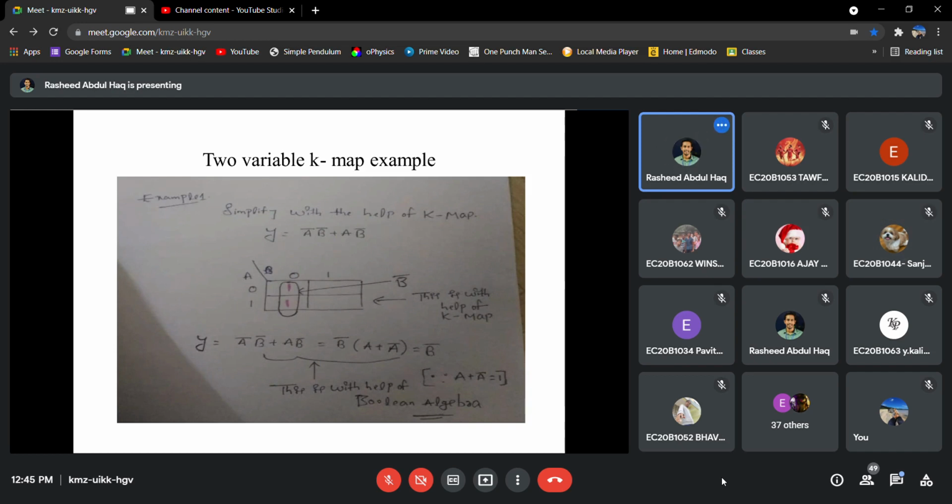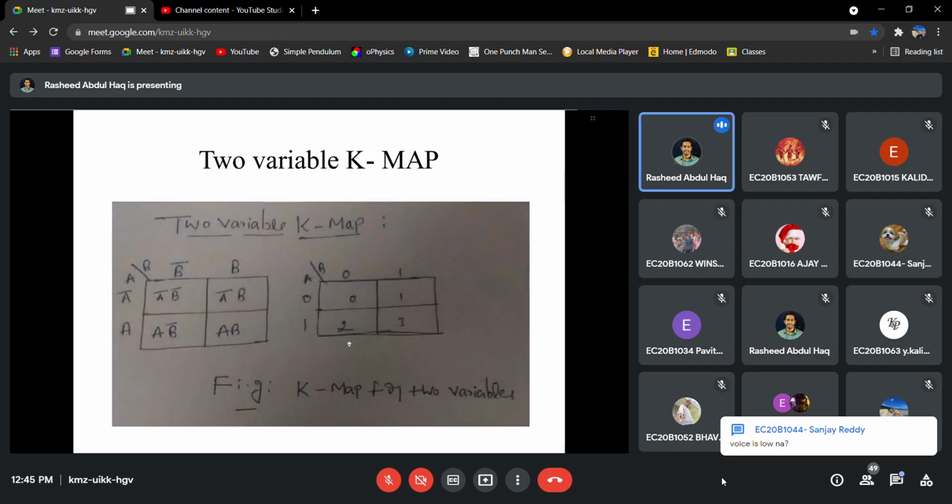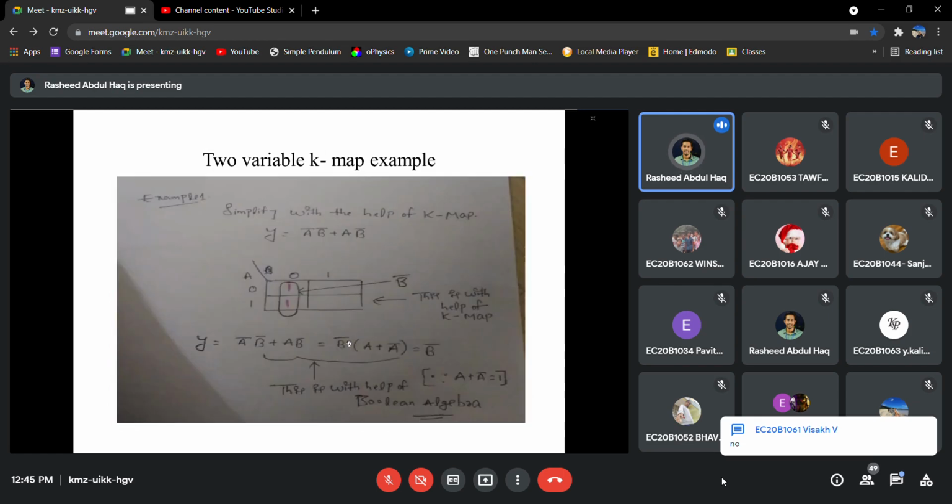That is the work here. For the K-map, in the previous slide I explained the order of the inputs. First one will be 0, 1, 2, 3. The first one goes in the first position, the second one in the next position. That order you have to remember. According to the order, we have marked only the ones. Is that clear for everyone, why we have put the 1s in those positions?